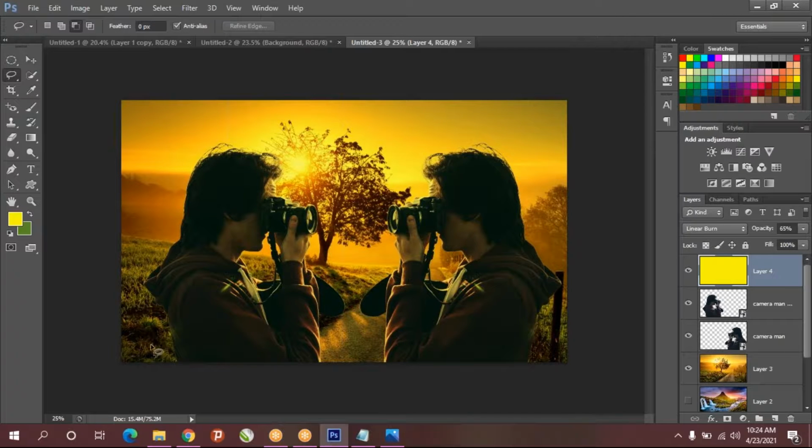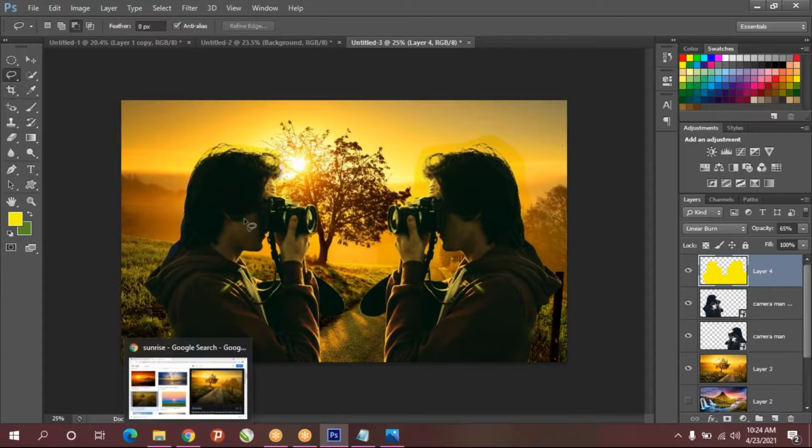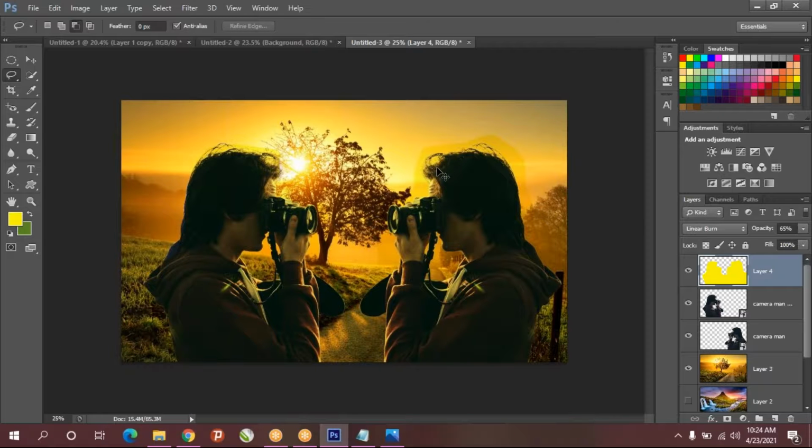In this, I'll select like this. If you don't want to affect the nature, delete it. Control D. So you should give more feather value.